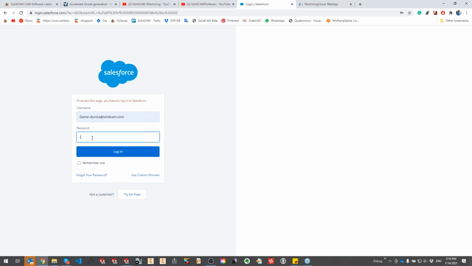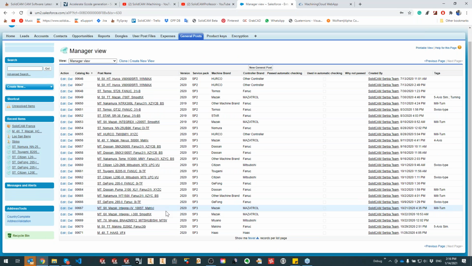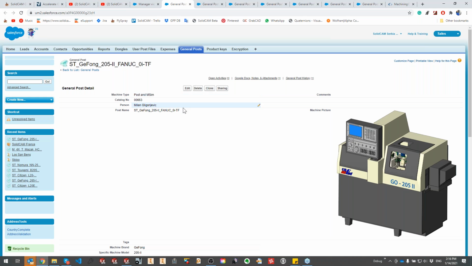I'll go to the Salesforce database, and here we have the general post, and all the posts that are in the database are also located in the general post here, and all of them basically have ST with an underscore. You can just go to all of them. I'll go through them fairly quickly. And what is here is